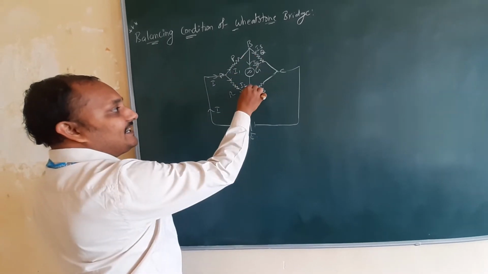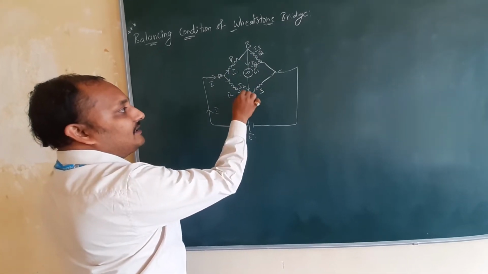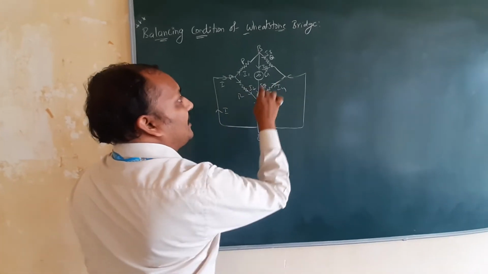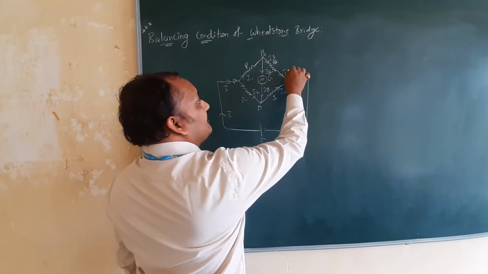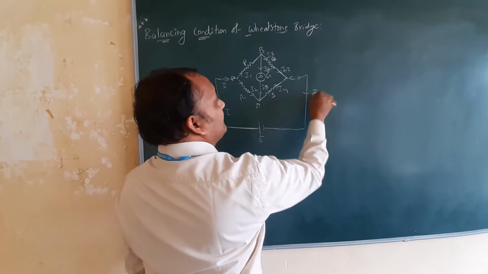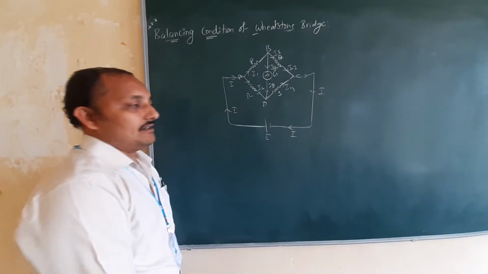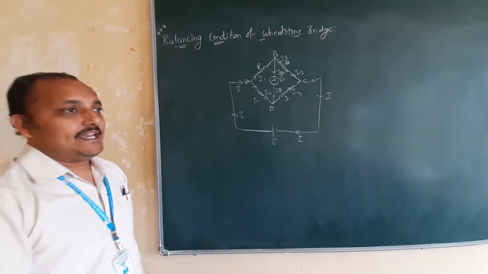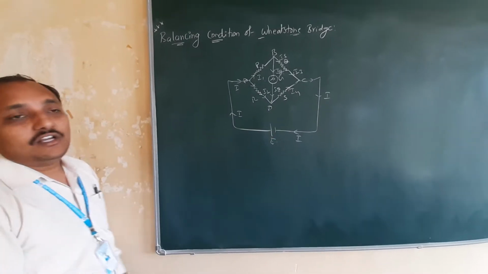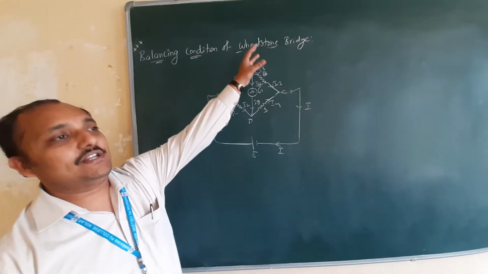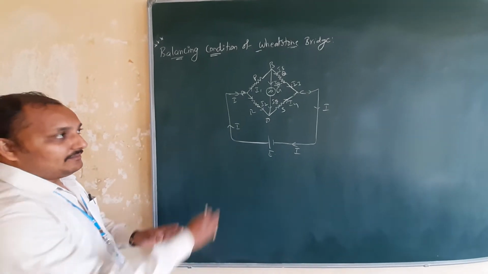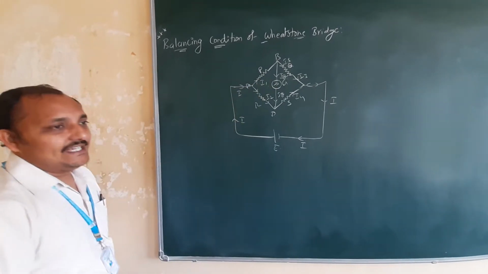Now IG current is entering at D. So by combining these two currents, we are getting I4. Again I3, I4 are entering at C. Again it is going to become the same amount of current I as at the start. This is nothing but how to draw the diagram. Very, very important. Sometimes only the diagram they will ask for a 2 marks question: draw the diagram of Wheatstone bridge. Then here the current directions, each and everything is important. How it is going to be divided.